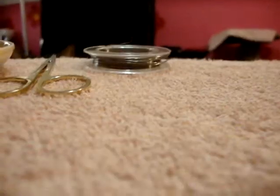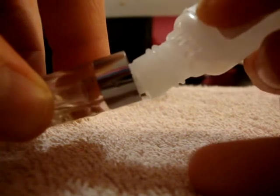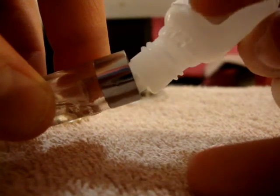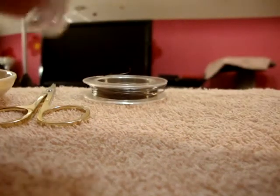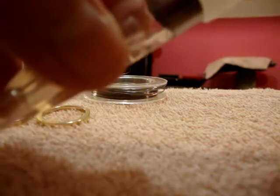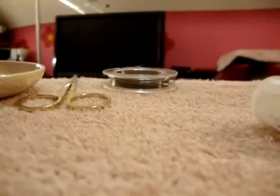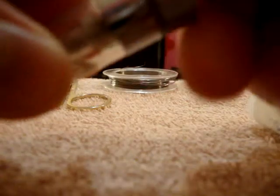I don't even know if this is gonna work. So you just fill it like this, avoiding that center channel. I fill it up pretty high, not necessarily all the way to the 2 ml line. I'm basically just going to empty whatever's left in here, which is pretty much that. Then you just screw this into that,